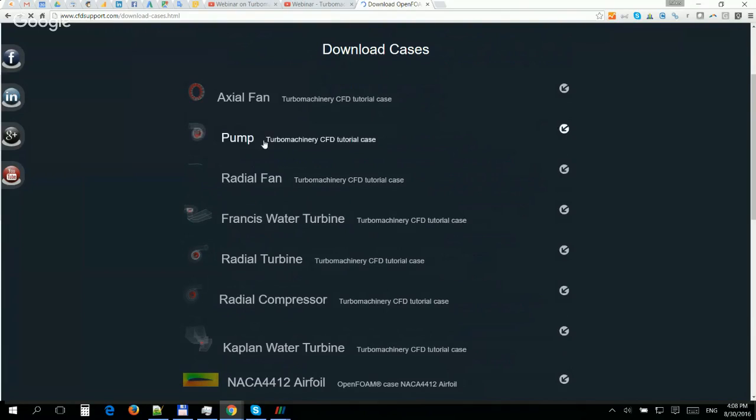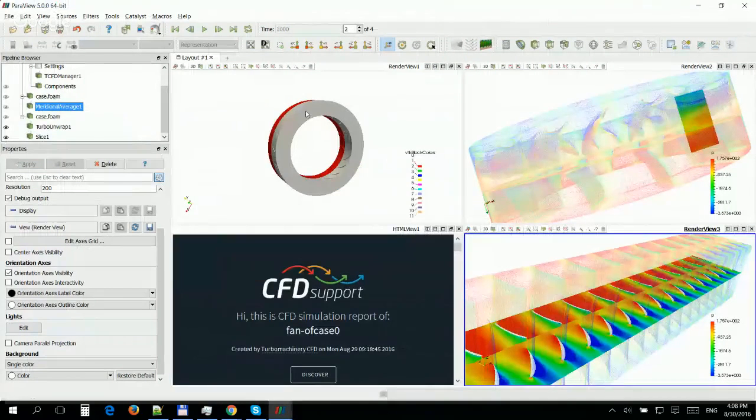There are 7 tutorial cases: the axial fan, which will be the object of this webinar, and also a pump, radial fan, Francis turbine, turbocharger turbine, compressor, and Kaplan turbine. You can download any of these tutorials and load them in Turbomachinery CFD,